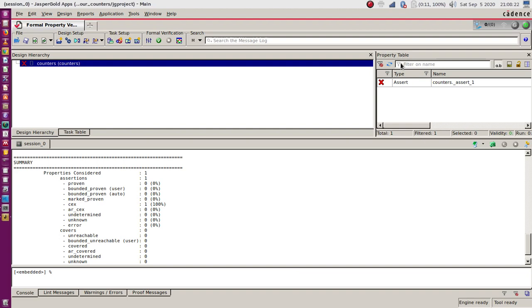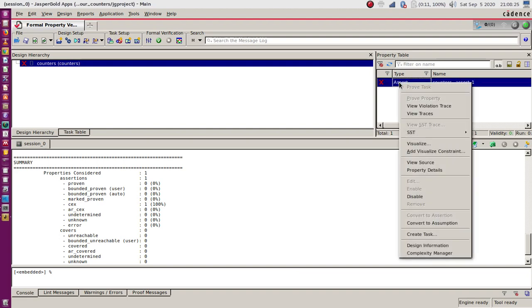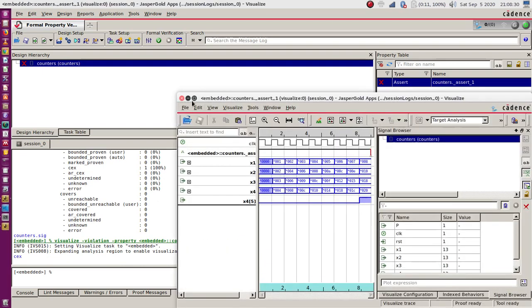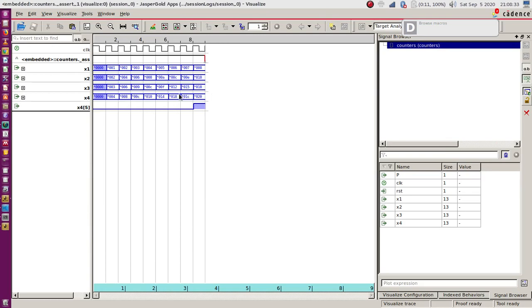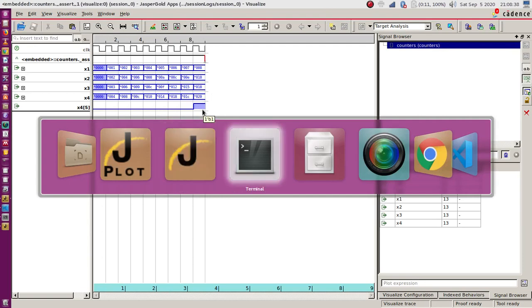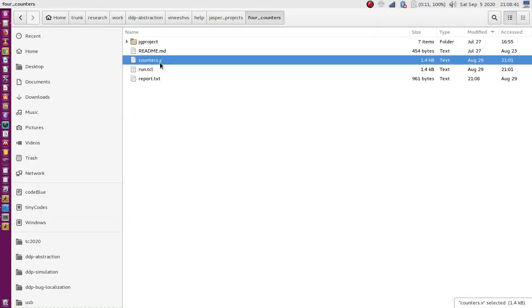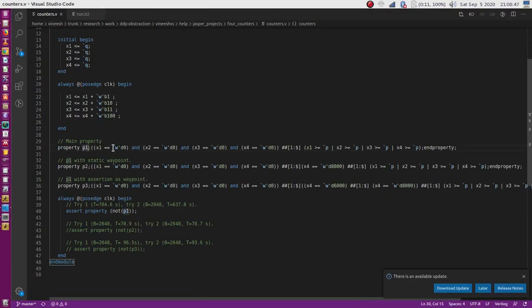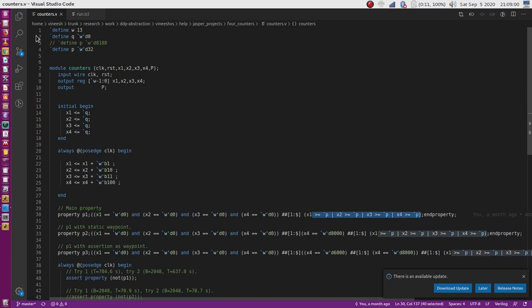In the property table window, you will see the failed properties, and if you double click, there was some error, but you can ignore it. There will be a trace which will violate the condition which you have mentioned in the property. Essentially, what we have mentioned in the property is this. We have property P1 here, negation of P1. So we have mentioned that all the counters are starting from 0, and after the first clock cycle till infinity, at least one of the counter values is going to be greater than